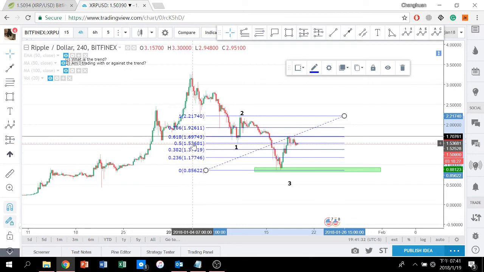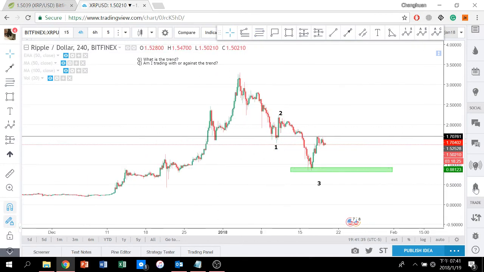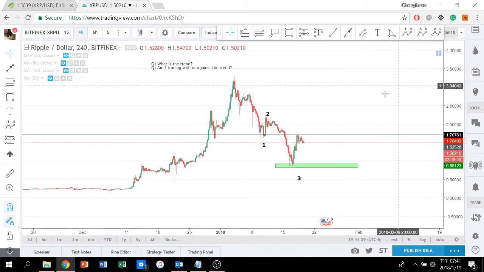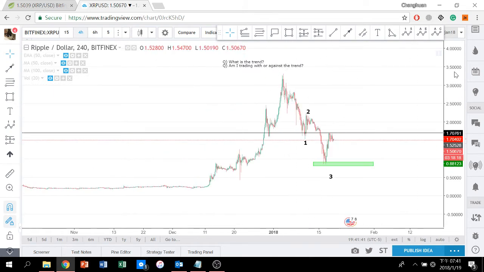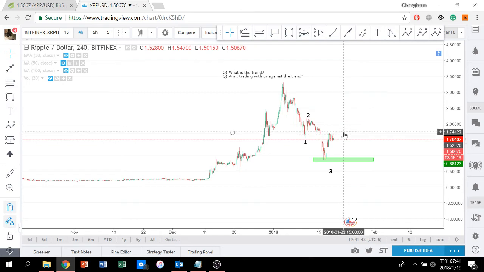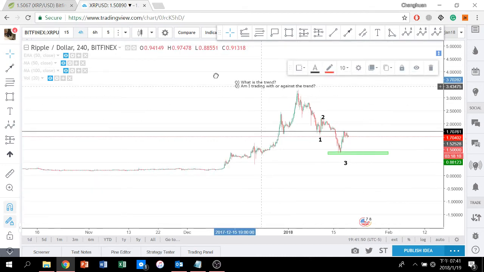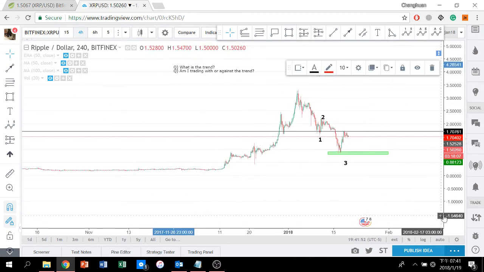If we can find this, where the guideline of alternation applies, there's a very strong indication that the waves you drew are correct, are valid. Okay, so one tiny peak, we barely touched wave 1 and bounced back. I would give it a pass in this case. And okay, another thing.